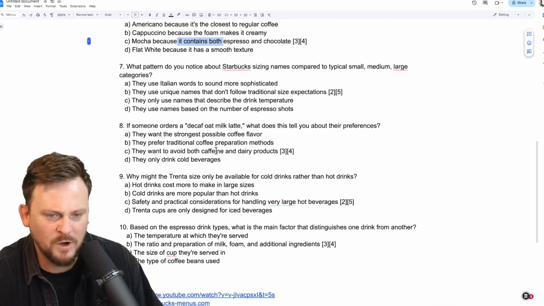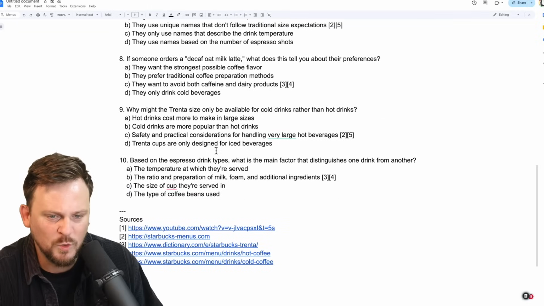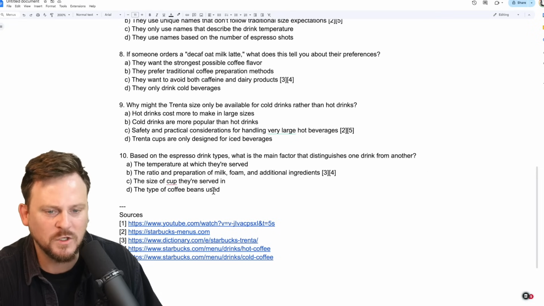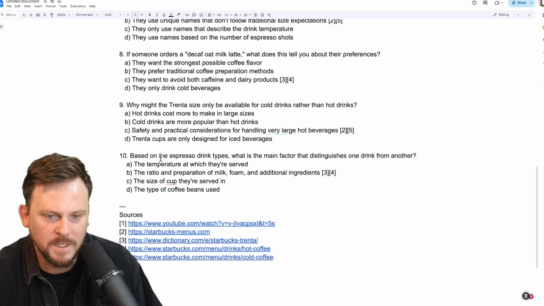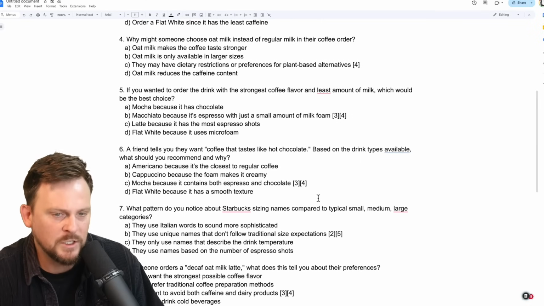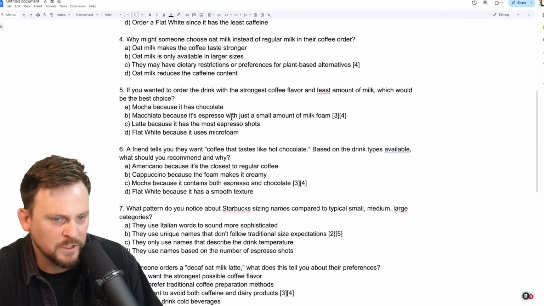I want to see if there are any drinks that are more specific to English phrases in general, not just the sizes of Starbucks drinks, right? Based on the espresso drink types, what is the main factor that distinguishes one drink from another? The ratio and preparation of milk, foam, and additional ingredients. Okay, so that's better, although I would say it's still limited in terms of its use as an English learning